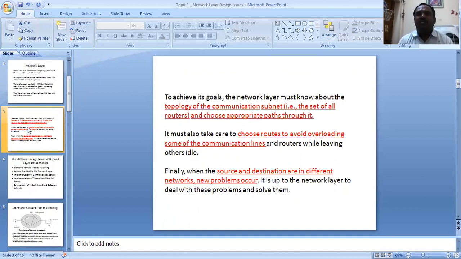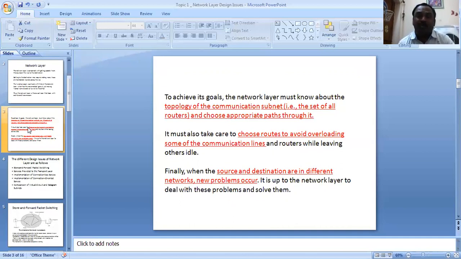So to achieve all these aspects or goals of the network layer, there are some important points to be considered while you are designing the code for implementation of the network layer. The first and foremost thing is we should know the topology of the communication subnet. That means what are all the routers available so that we can choose the appropriate path. Say for example, if I take my Bowen's College as a source point and ECL Crossroads as a destination point, then all the intermediate points I should know from where I can transfer the data.